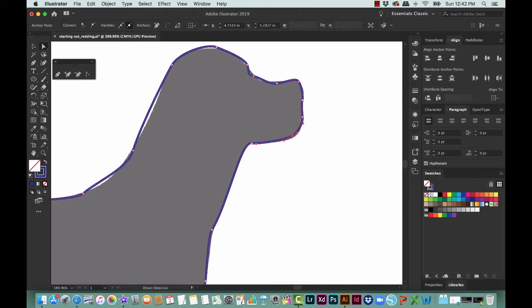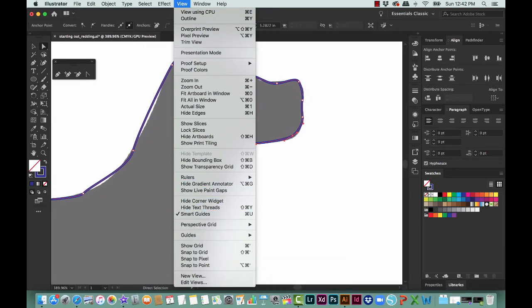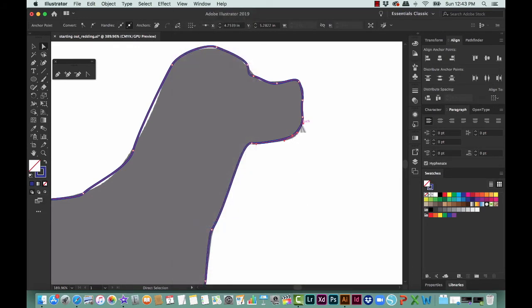I must have the snap on this somewhere here also. Let me just find which one's snapping. Ah, there it is. You're not going to snap to the grid. For this one, we don't want it to really snap. It is still snapping somewhere. I'm not going to worry about it now. I'm just going to go in and start